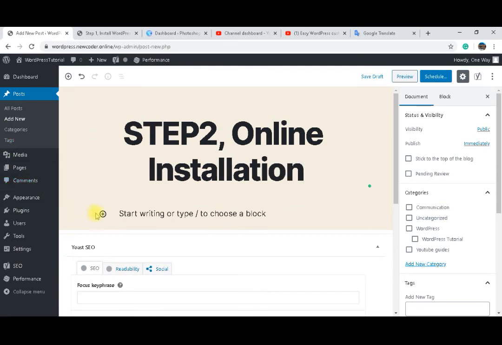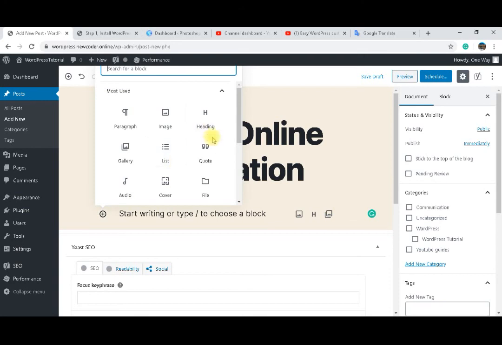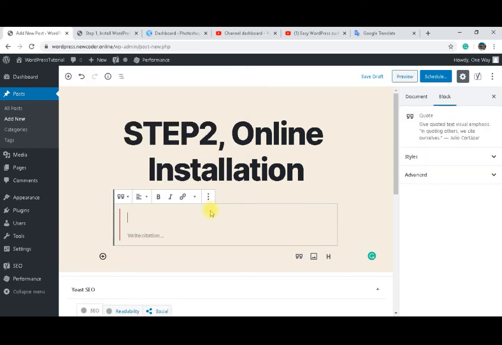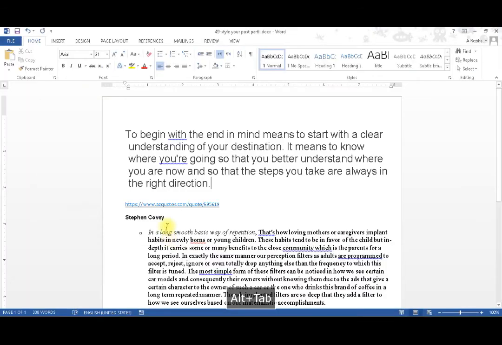Okay, so let me start with something new today. We shall start with a quote. By default the quote comes with this red slider at the side, and the citation comes underneath to write whom the quote is from. That's one of the styles: you start your post with a quote of a famous person, so you get some credibility for your ideas and for how you think. I had selected one quote from Stephen Covey, one of the great leaders in management,